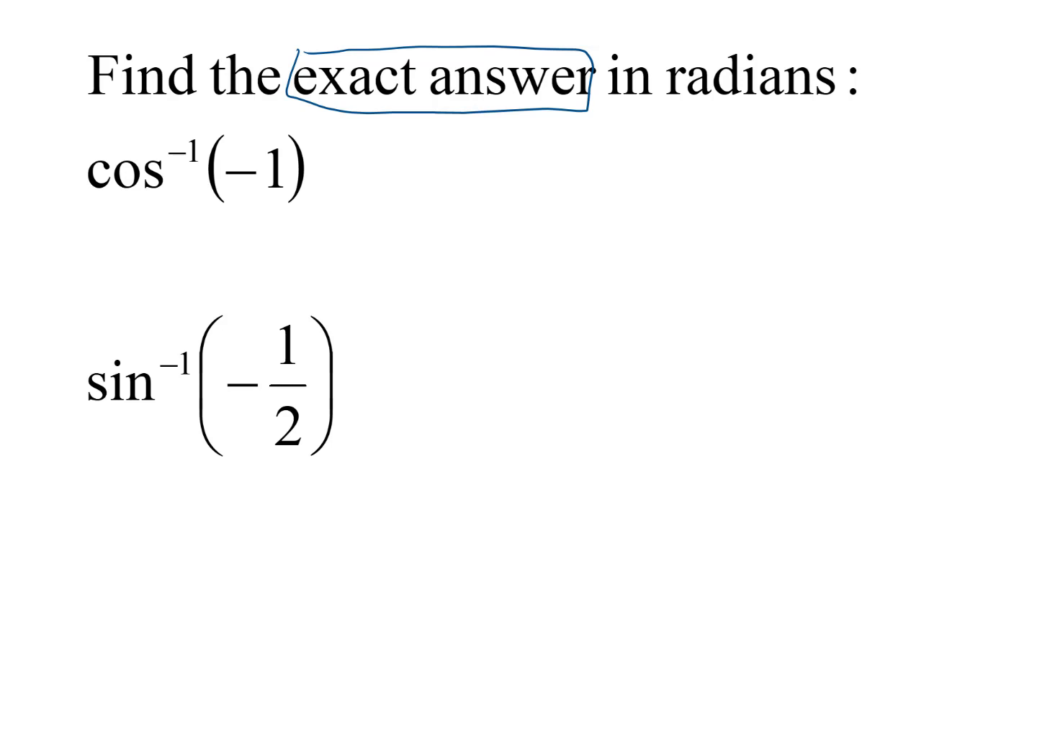the range. So for cosine, the range is between 0 and pi. That way we cover positive cosines in quadrant 1 and negative cosines in quadrant 2, and we don't ever repeat the cosine values. So the interval we need to give our answer when we have an inverse cosine is